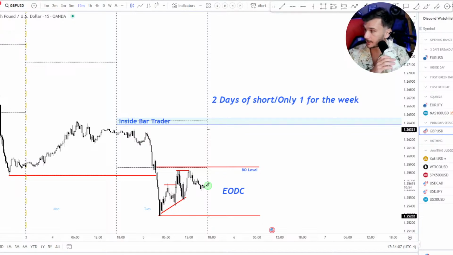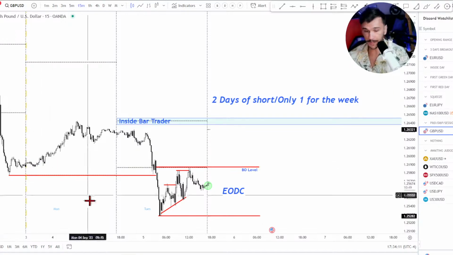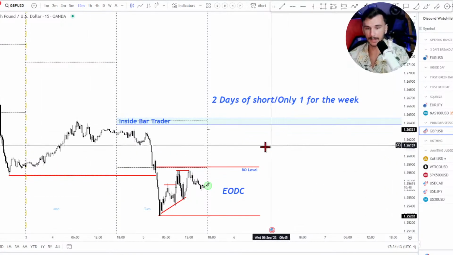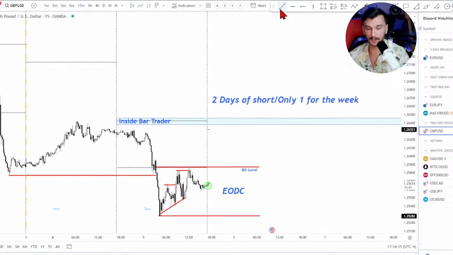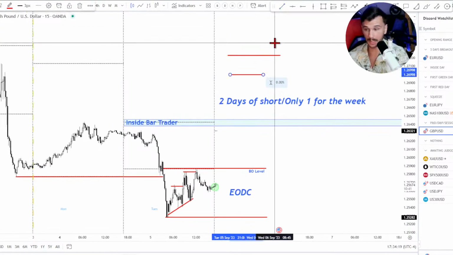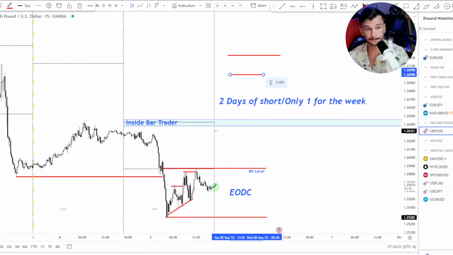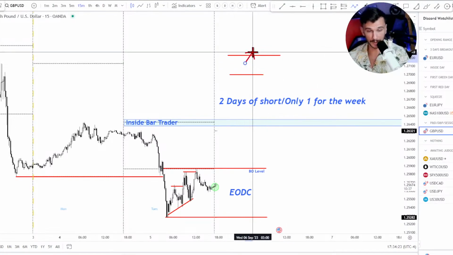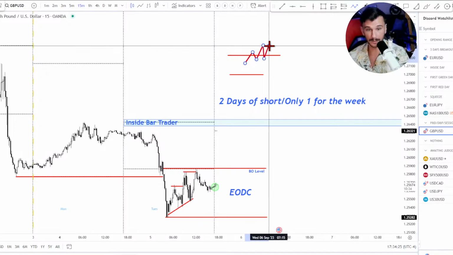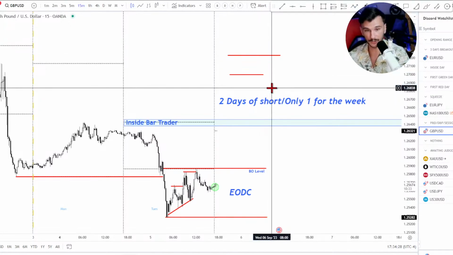Do you use enter EODC for scalps? No. If it's a first red day, I would say that people that trade London, just go back and study the end of day consolidations. A lot of times those are relevant swing levels, and they'll start working the high of that end of day consolidation in London, and it'll start moving, especially for EU pairs and GU pairs.